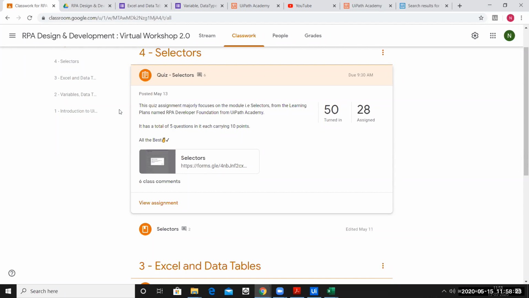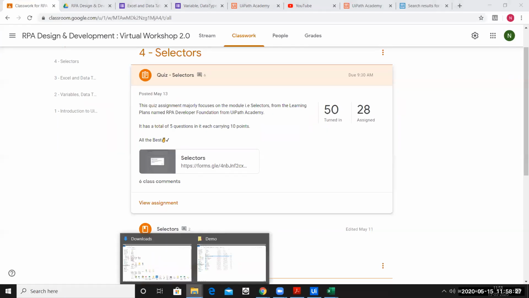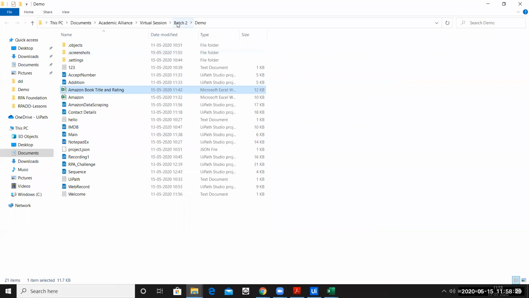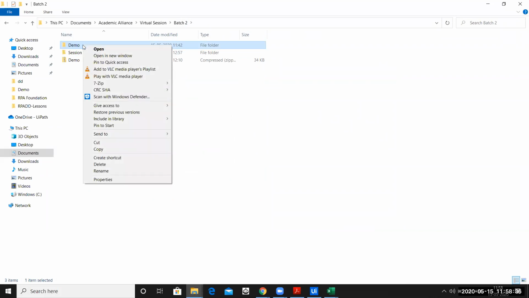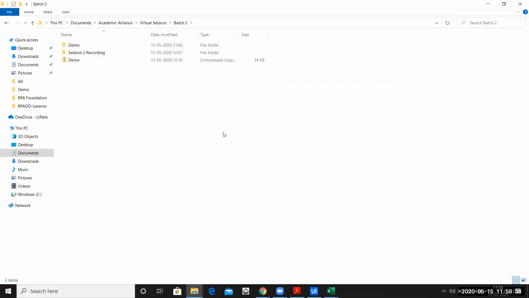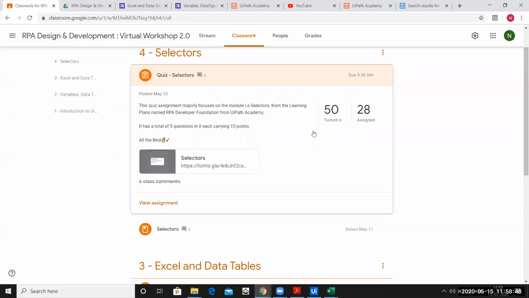One is the UiPath Studio workflow file, which is this workspace where you have done the entire project. All you have to do is zip it, add this zip file as an attachment, also add your video recording, and then mark as complete.